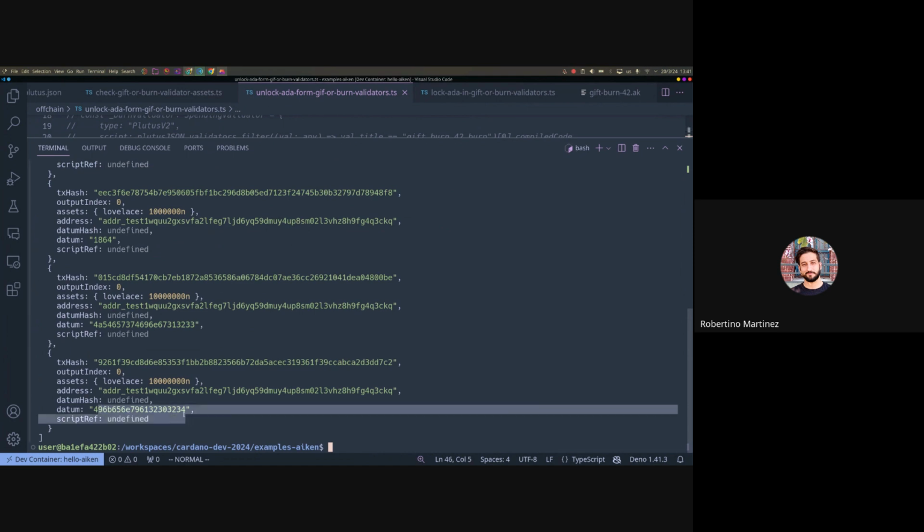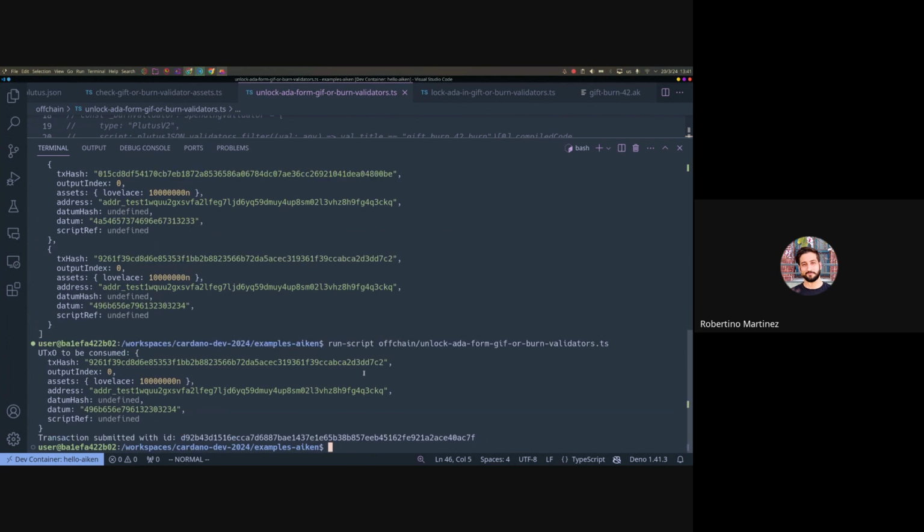I think this was the one that we just created. This is what we just translated in the hash. So we're going to consume that one. And we're going to run script off-chain unlock ADA from gift or born validator. This is the script we just went over. So if we run this,